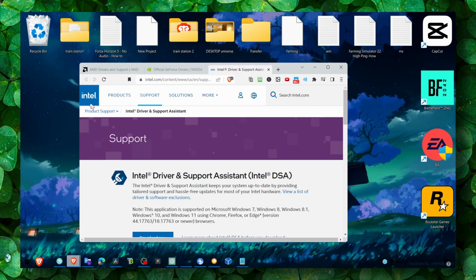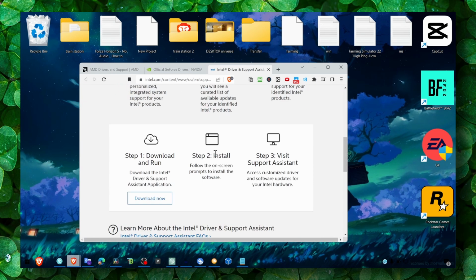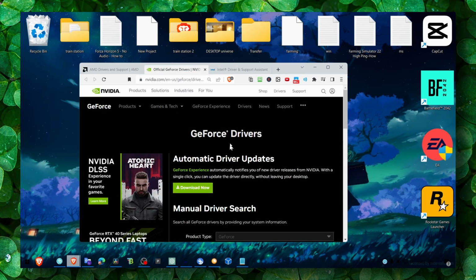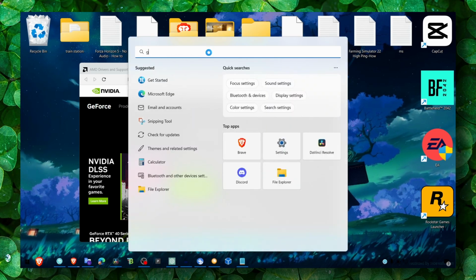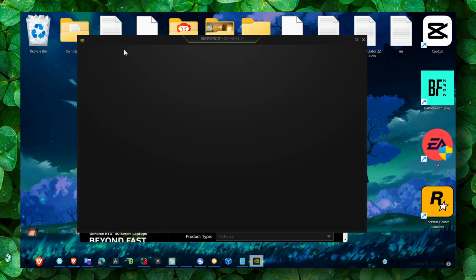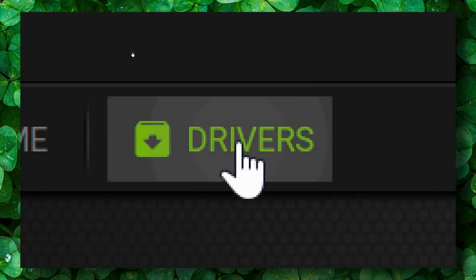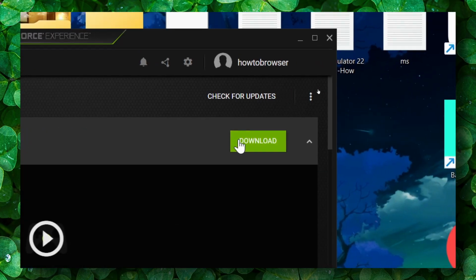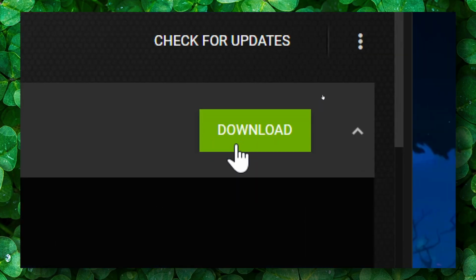Then go to your manufacturer's site. If your manufacturer is Intel, just click here, then download and install any update that is available. You can also click on GeForce Experience driver. This will automatically update. You can install the latest updates from here. Under drivers, if there's any available driver, as you can see there's an available driver right now, click on check for updates to check for the latest updates, and then click on download if you want to install